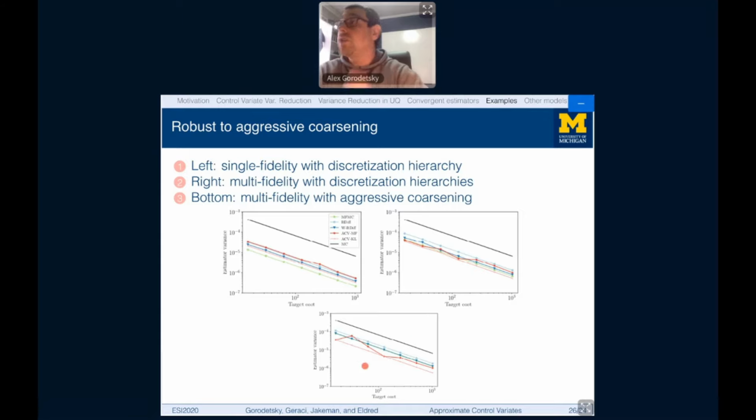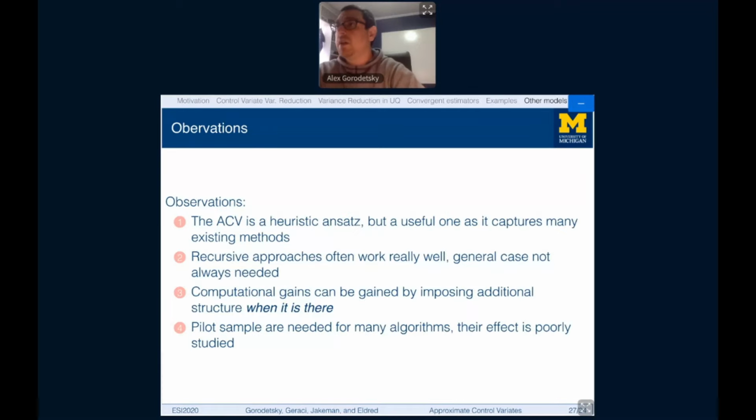And when you consider aggressive coarsening, so this is when, for instance, you don't have super nice discretization level, now we see that there begins a gap to develop between the ACVKL, so the general control variate approach, and then the recursive approaches. The black line is the Monte Carlo variance reduction. The x-axis is the target cost. So in general, you see that it performs well across a variety of situations, even in the standard discretization hierarchy case. All right, so now